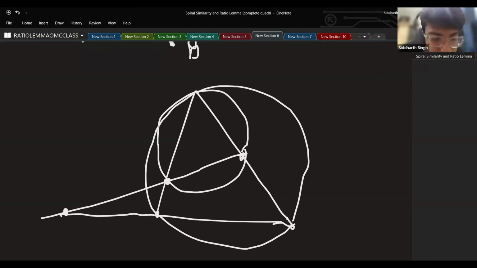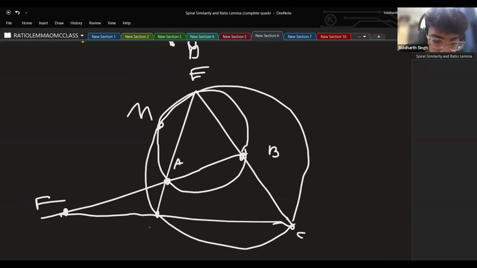By some spiral similarity stuff, you could read about it in EGMO, let this point be M. This point is also called the Miquel point of the complete quadrilateral E, F, A, B,